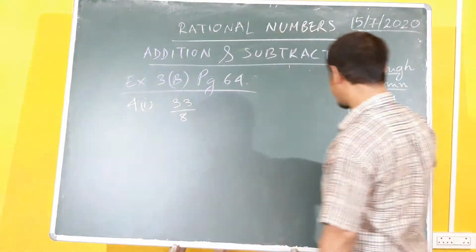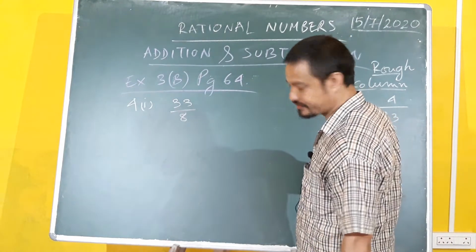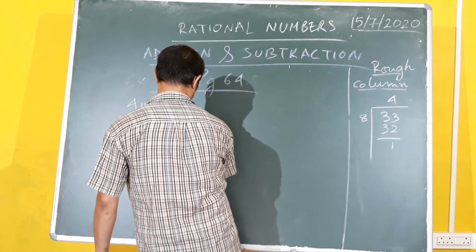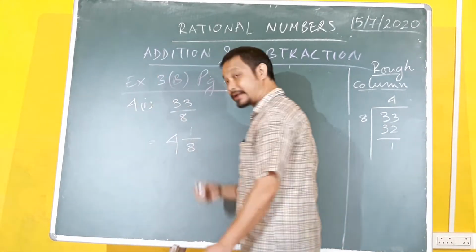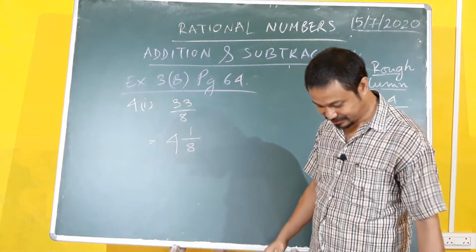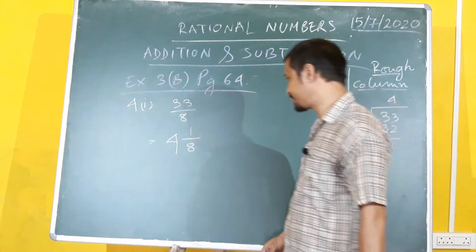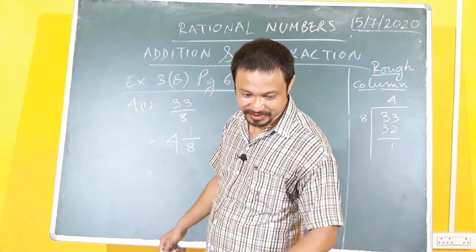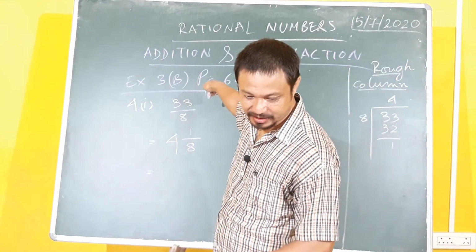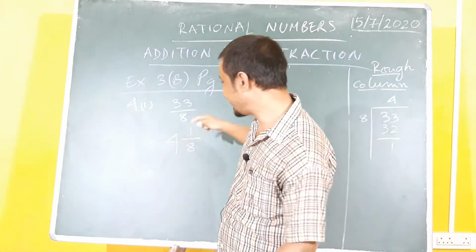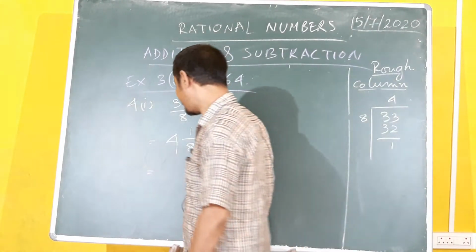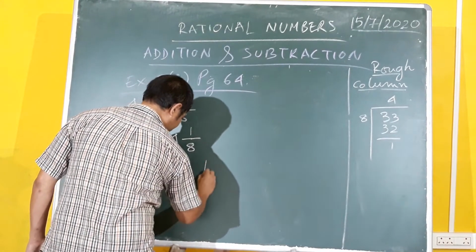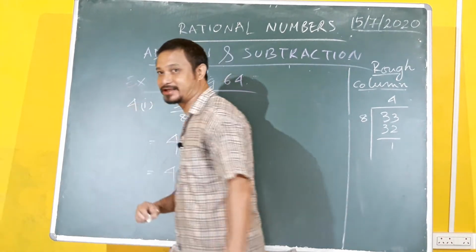So we have already done the rough work, okay? So you just have to convert it. So this will be 4 whole 1 upon 8. Okay, now see the magic happen. Now see how it unfolds. So now what does the question say? Convert expressions of these rational numbers like this 33 upon 8 as a sum of an integer and a rational number. So the integer in our case is 4, plus rational number 1 by 8. So this is how you do.